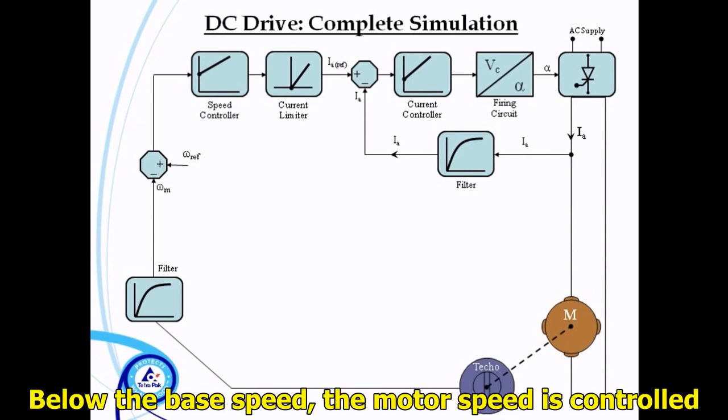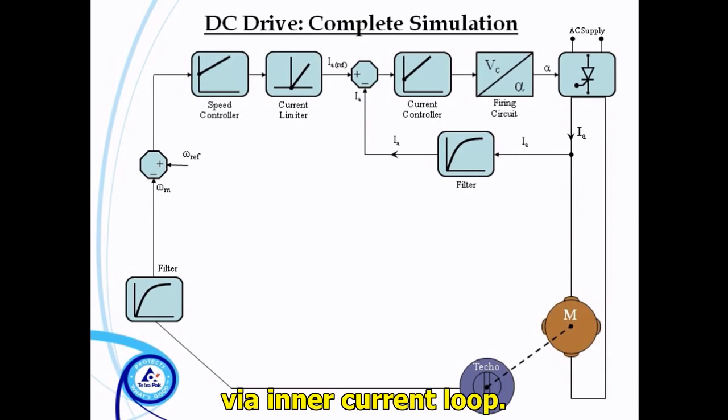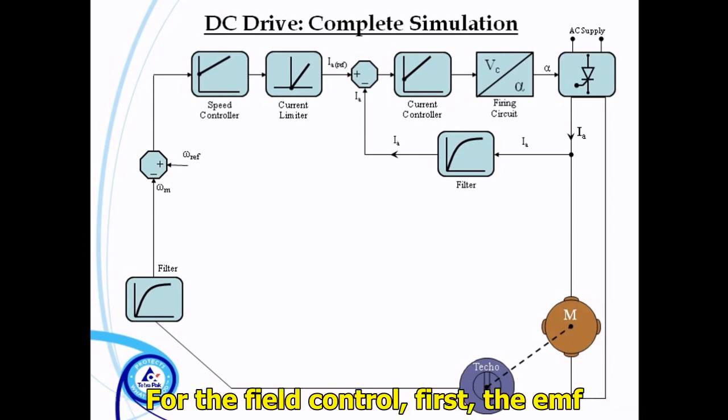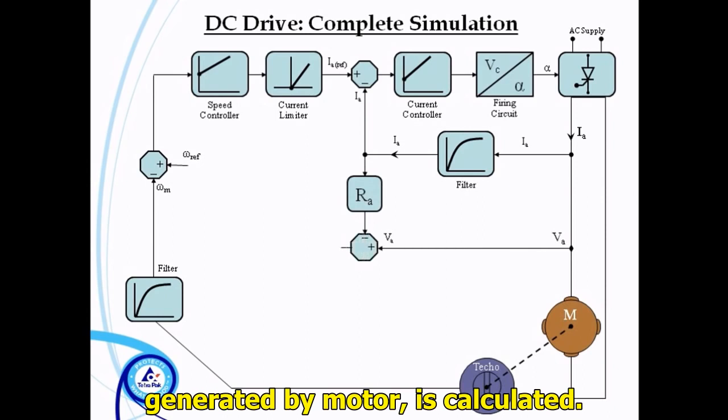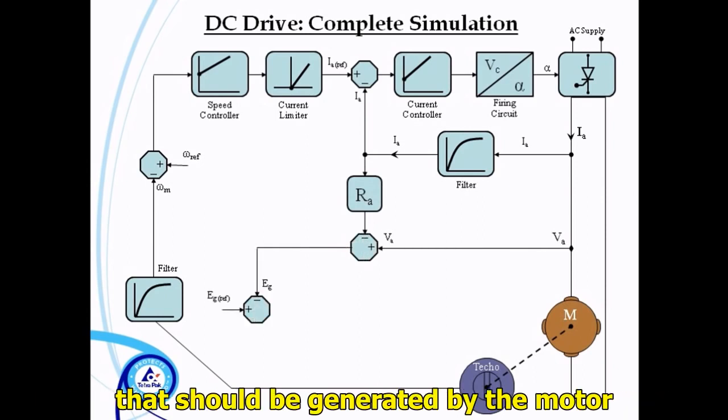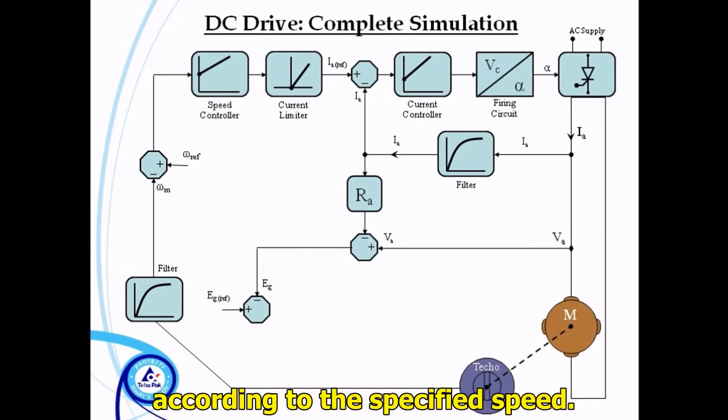Below the base speed, the motor speed is controlled via inner current loop, while above the base speed, the same is controlled using the field weakening. For the field control, first, the EMF generated by motor is calculated. Now this value is compared with the reference EMF that should be generated by the motor according to the specified